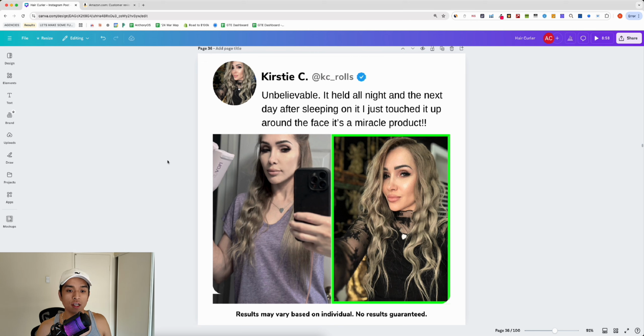through a clear before and after state, but being careful so as not to blatantly state before and after with your image. Now, that being said, I will say Facebook has, in my experience, been very, very lenient with before and afters. And I personally do run before and after statements in my creatives. That being said, if you're apprehensive to do that and you're completely against running that type of stuff, I want to let you guys know that you can run before and afters, and they are some of the most powerful